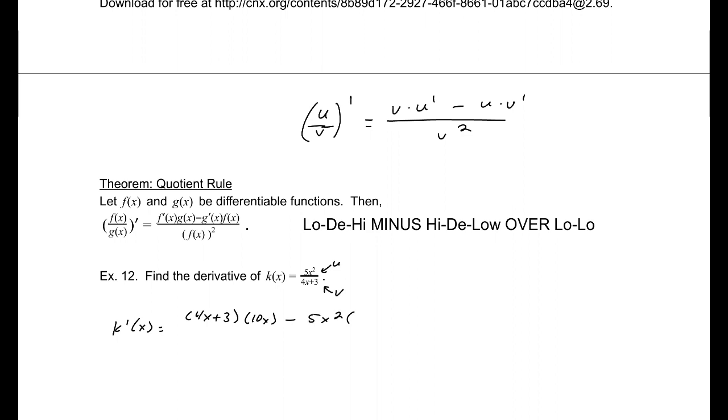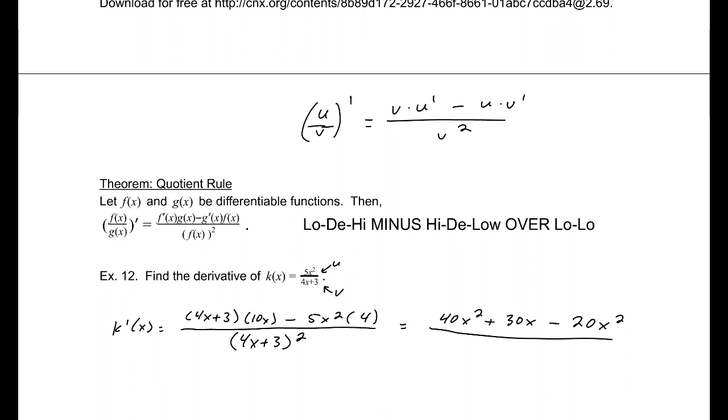The derivative of the denominator is 4 over the denominator squared. So 4x plus 3 quantity, in parentheses, squared. All right, so that would be 40x squared plus 30x minus 20x squared. Okay, good. Divided by 4x